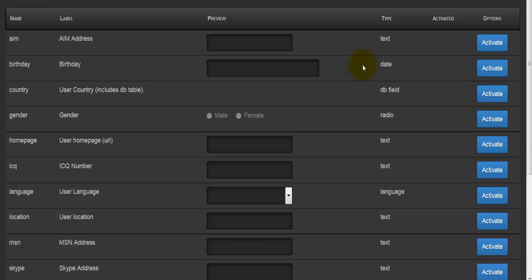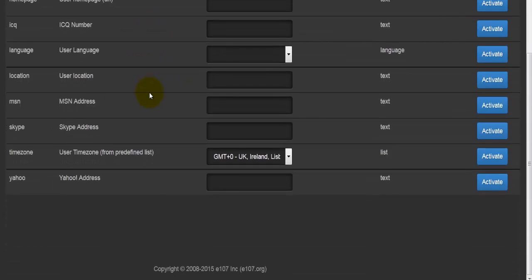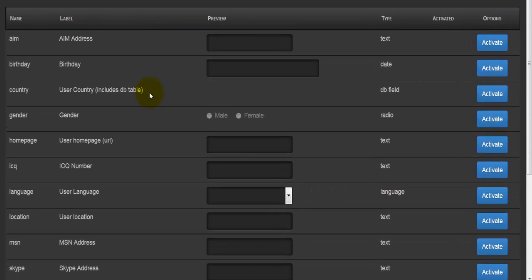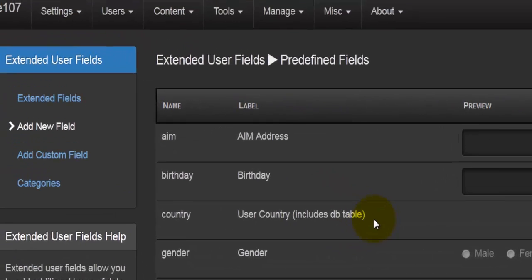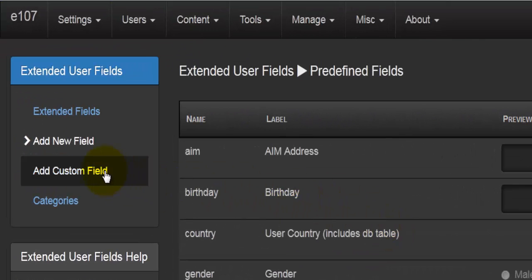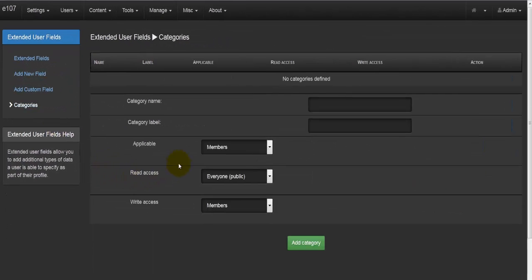and basically I can do that by hitting on the activate button here. So before you actually go and add custom fields, I strongly suggest you go through all of the available fields here, and if the field you're trying to add is not present, go and hit on the add custom field. But before we do that, I'll actually go into the categories, and basically here you would enter